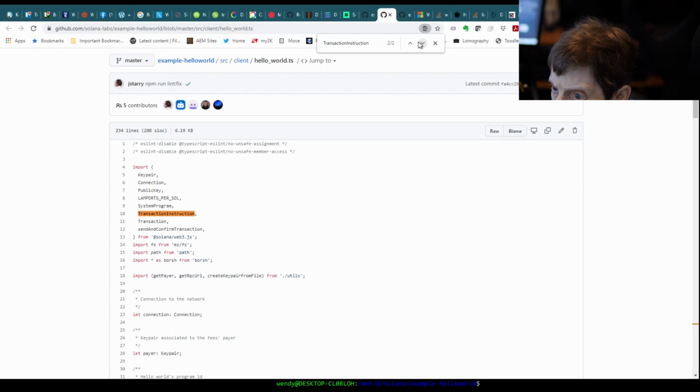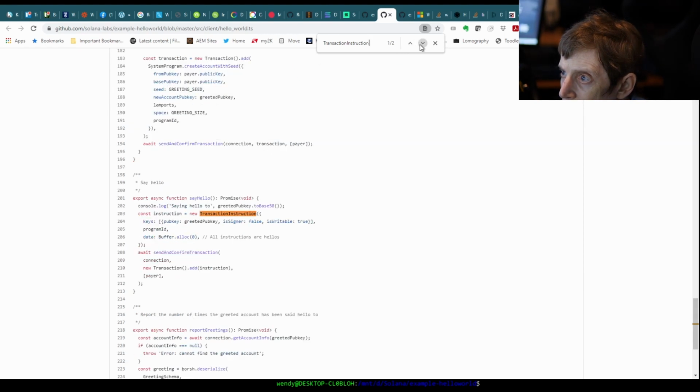Okay, so this comes from the Solana Web3. So that's again, Web3 appears to be quite powerful. You create your instruction. This allocates the buffer for the data. Then you send it and confirm it. And let me see where we define. Okay, so you need the program ID, and that's what's gonna talk to